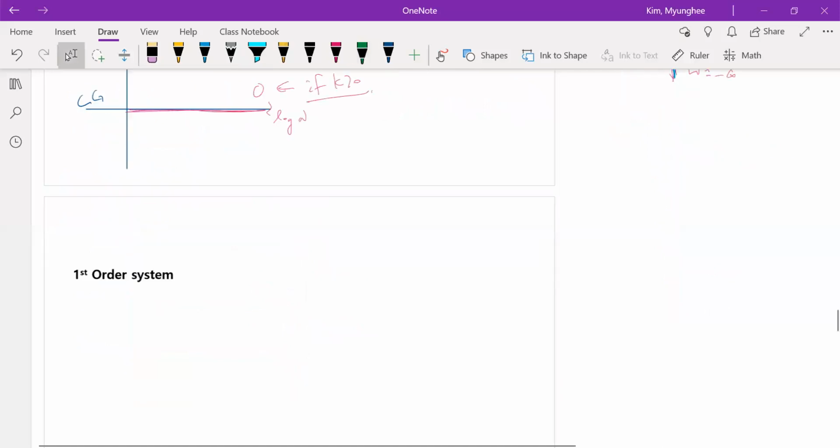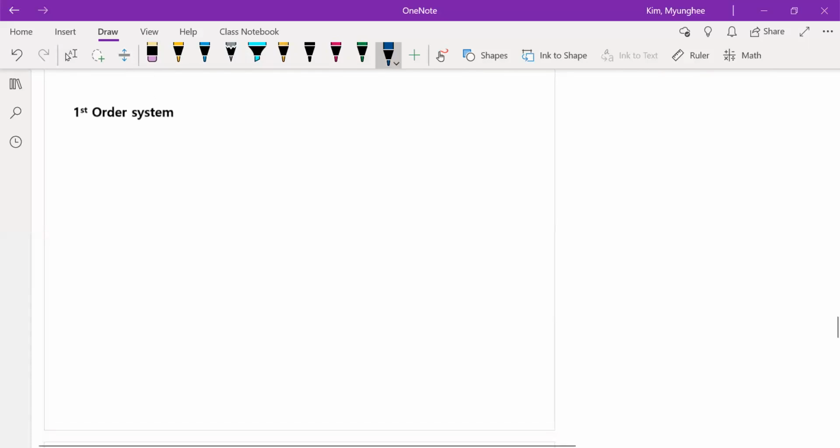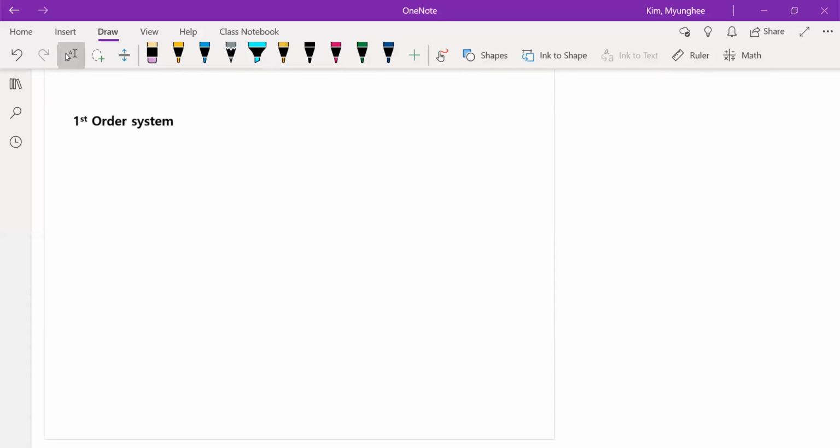And then here is a more detailed derivation of the first order system. So again, let's say G(s) equals 1 over s plus a. Now I even get rid of the a. And then again, the frequency response is: plug j omega into the transfer function, which means that it becomes this, and then j omega becomes